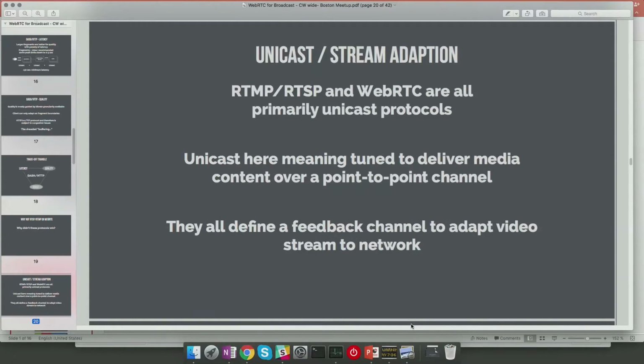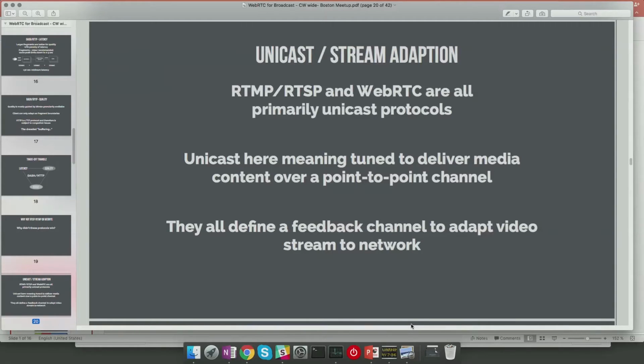So all these protocols are primarily unicast, and what do I mean by that? Unicast, as I'm using it here, means that it's tuned to deliver media content over a point-to-point channel, from client to client or server to client, whatever the case is for your application.